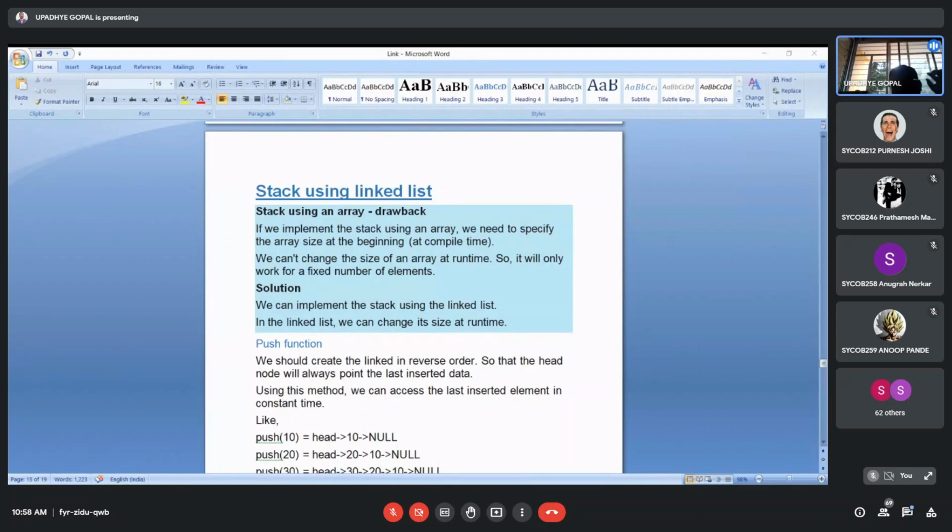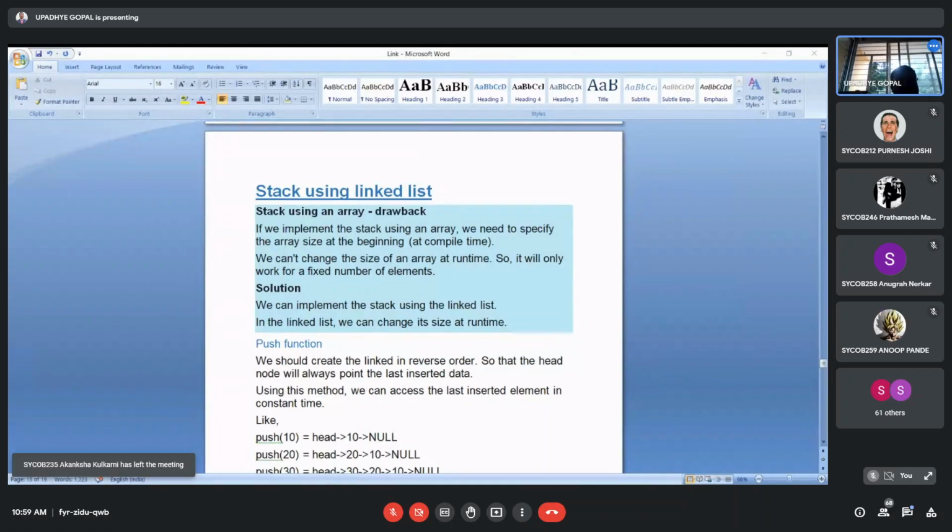This is the drawback. The advantage is that it will process fast. As far as performance is concerned, stack using array has better performance compared to linked list. Again, I will give the reason for this after completing the discussion in this lecture. After that you will come to know that the processing time required for stack using array is less compared to the implementation using linked list.